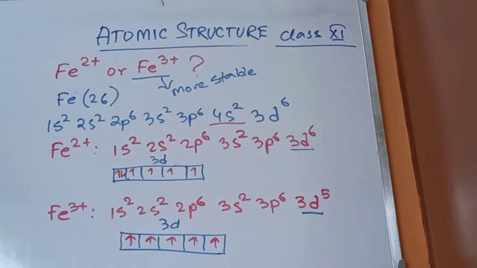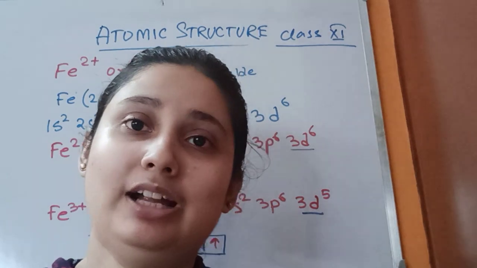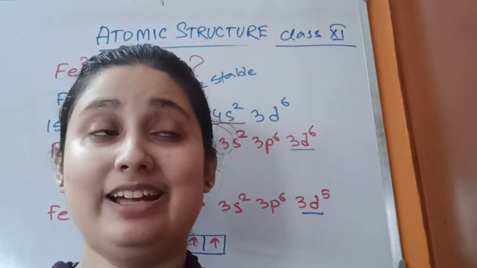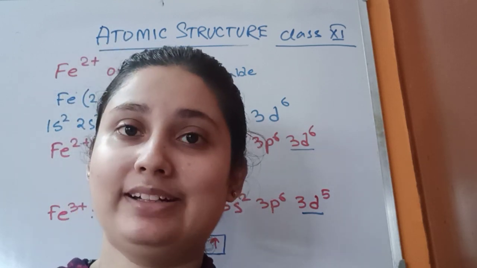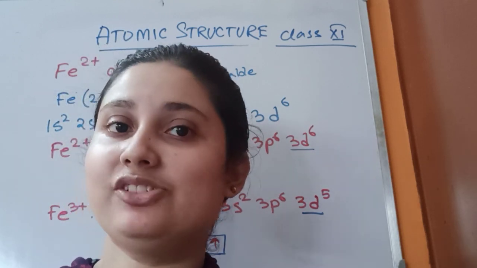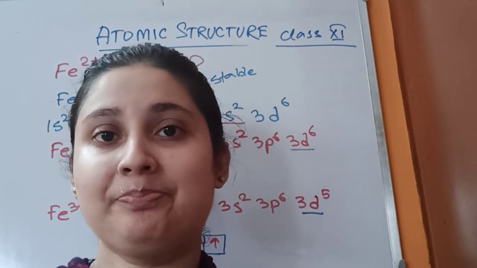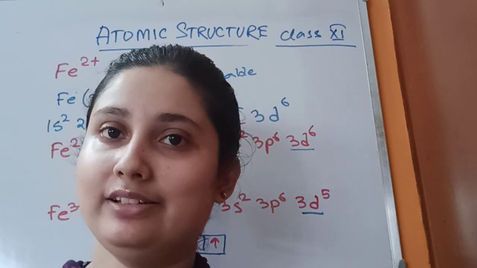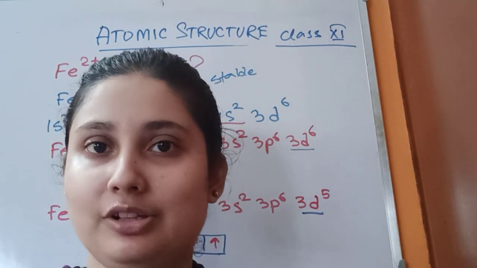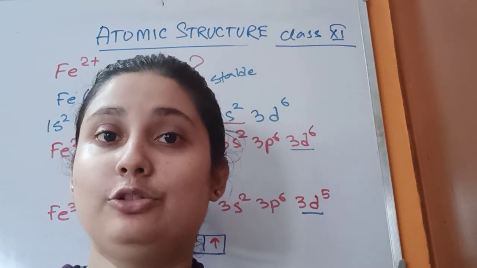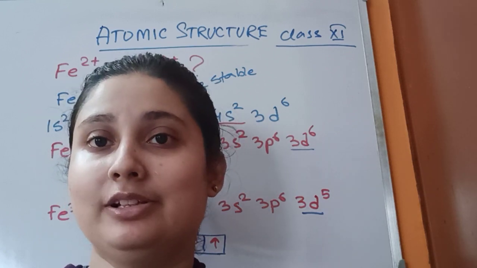Okay, so by this we have completed the chapter atomic structure. Remember one thing, that this portion of electronic configuration is very important, and please practice the electronic configuration of each and every element present in the periodic table at home. In the periodic table you will get the atomic numbers. After getting the atomic numbers, you will know how many electrons are there. From there, do practice the electronic configurations of all the elements in the periodic table.